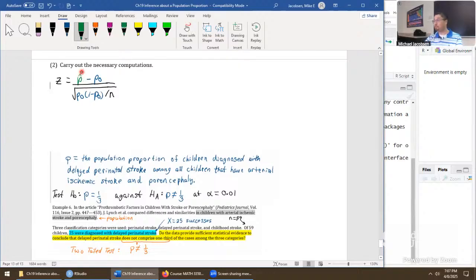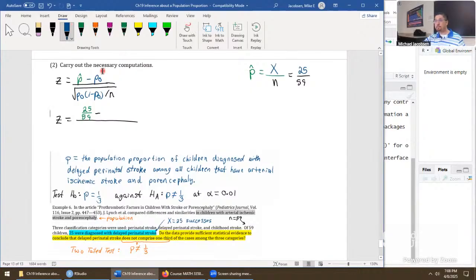So let's begin by computation of p hat over here on the right. P hat is number of successes x divided by sample size. In the sample, we were told that there was 25 successes. Divide by that sample size, 59. And you know what, I'll leave it in this format as well, just keeping the more exact value. So with p hat pulled in, down below we can rewrite z as being 25/59.